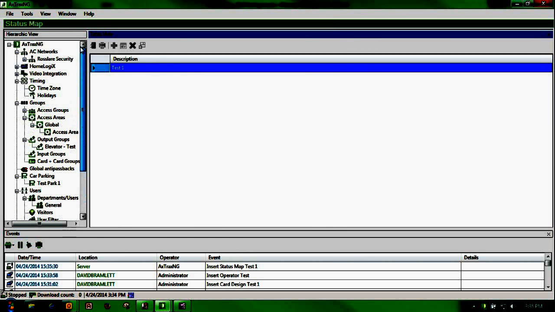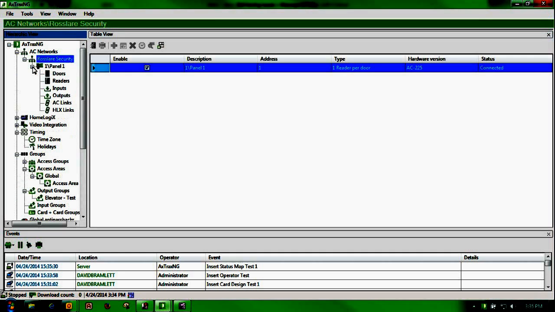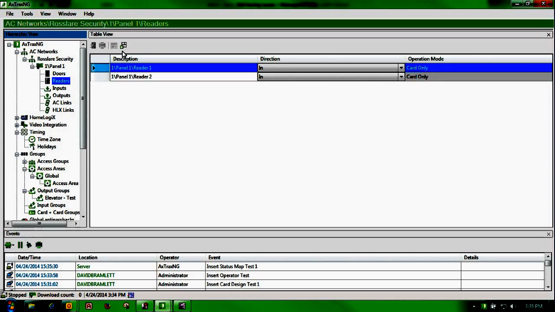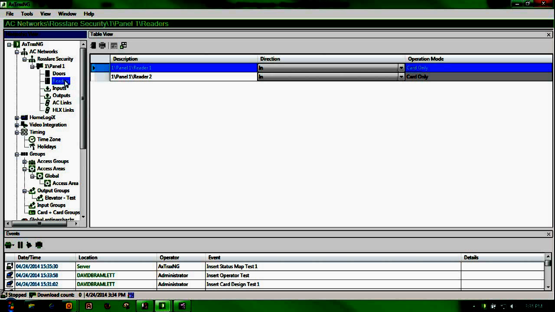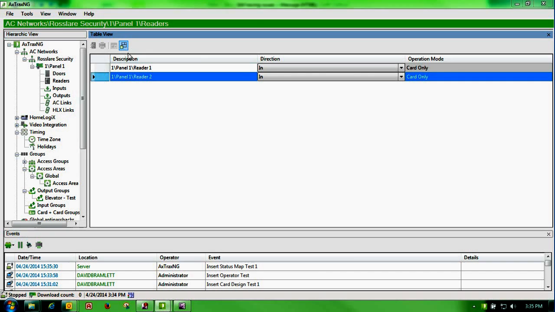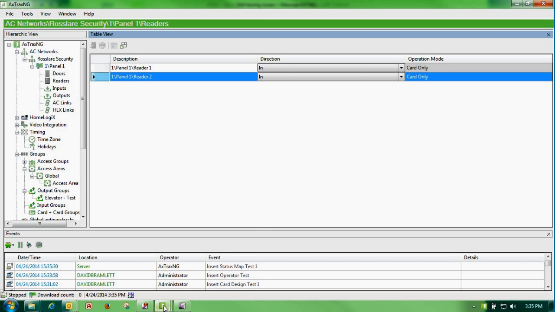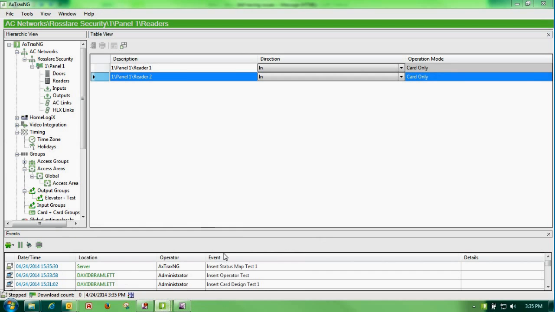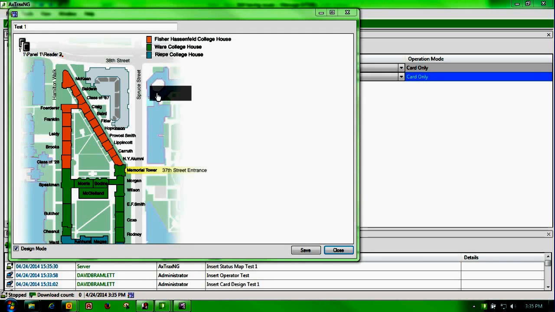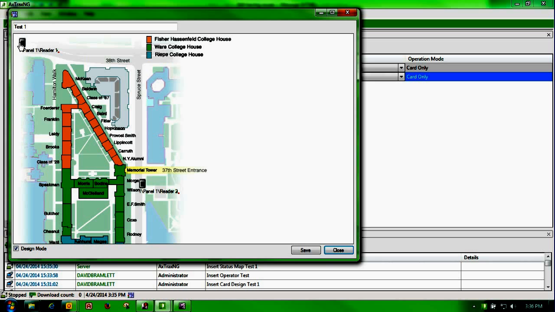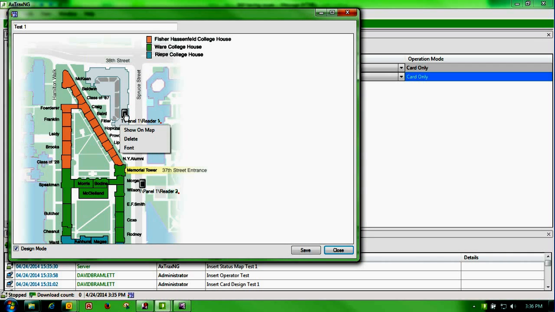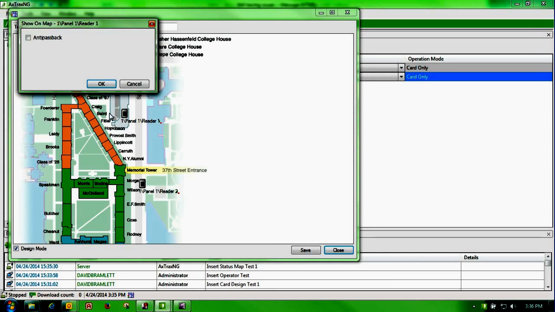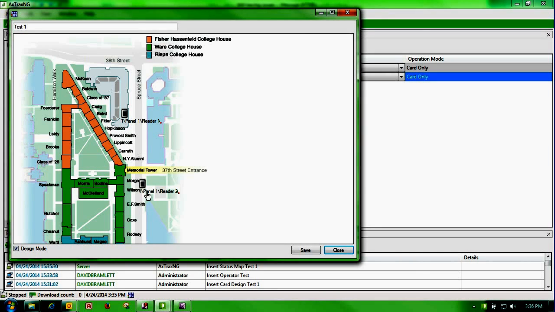In order for me to put my readers or doors, and most often it would be readers, I go under my panel to my readers and I add reader 1 and I add reader 2. Now I can go back to my map, and I have my readers here that I can put into position as to where they are on my map. I right click on it, I show it on map, I tell it OK,